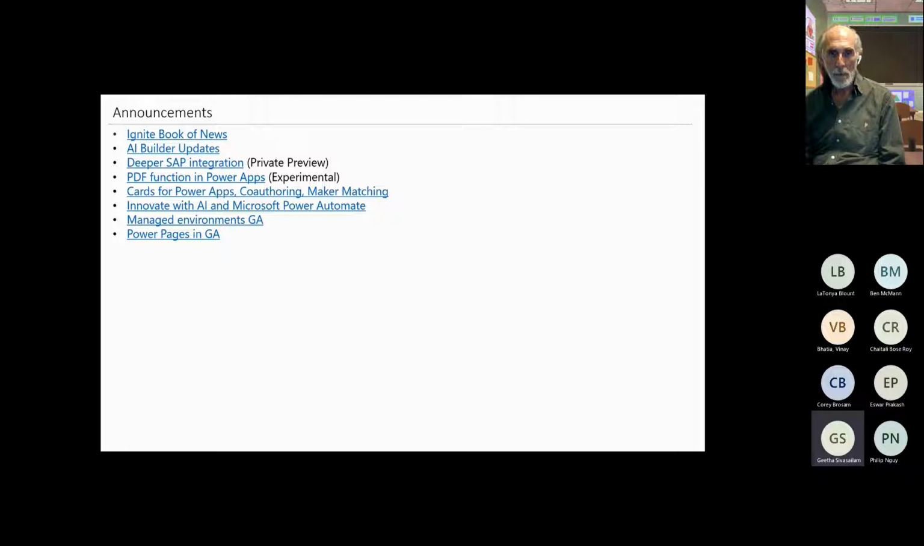This fourth one over there is another very important ask. I've seen that in the user voice. Everybody has been wanting a native capability for the PDF function. So far, we've been working with workarounds to get that to work the way we want, but we've always wanted an easy way to generate PDFs right from within Power Apps. So